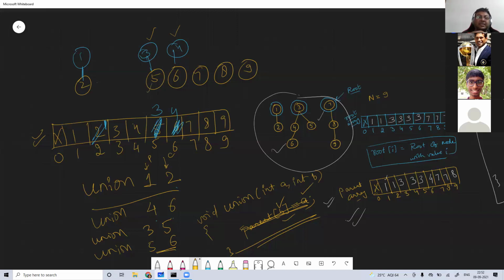So root of 5 is 3. Root of 6 is 4. Earlier we were doing this will be parent, this will be child, but now we are saying root of this will be parent and root of this will be child. So 3 becomes parent of 4. So we are doing that relationship between roots, not between A and B directly. So this line will change to parent of